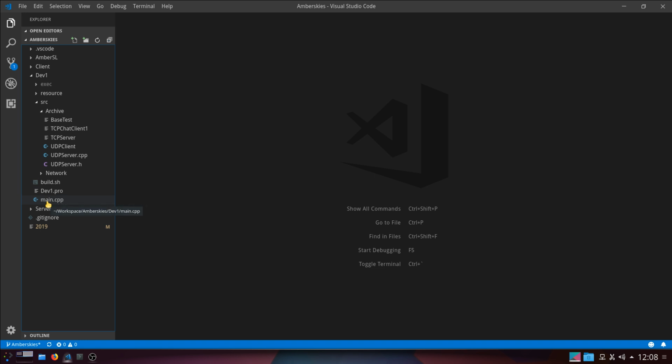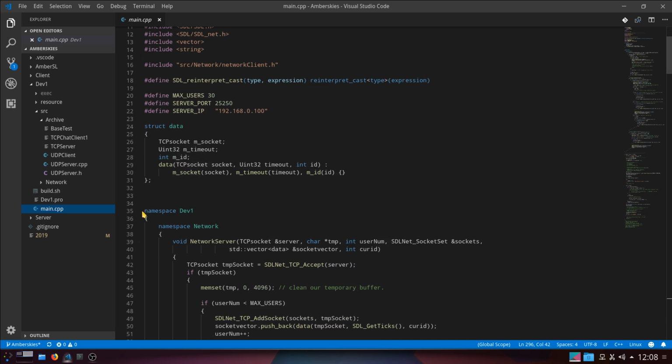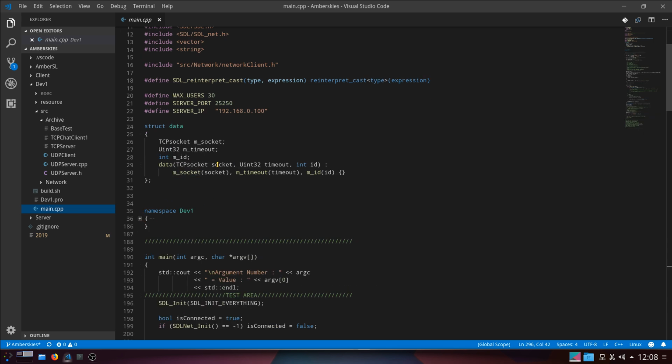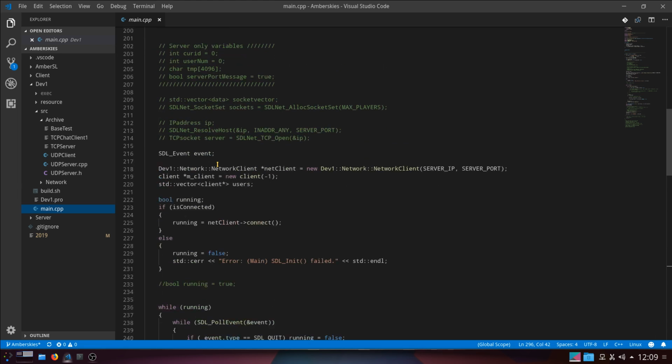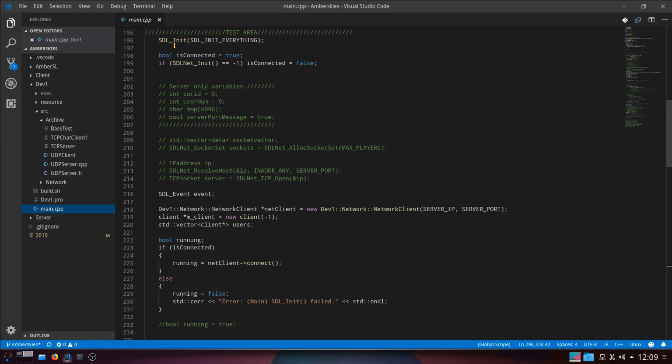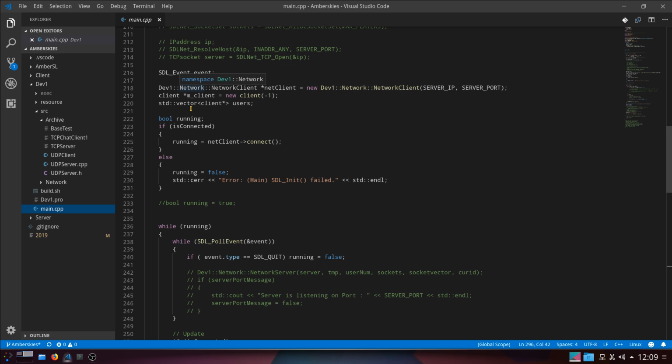Let's have a look in main. Here we go. So this is my dev area. That's what I'm working on. This is what SDL looks like. You initialize it, and I've just put everything. I've got to test that to minimize it, because that's everything. That's all of SDL, including its windowing support, which is useless to me because I don't need it.